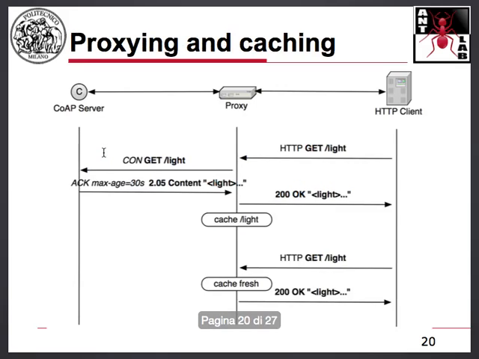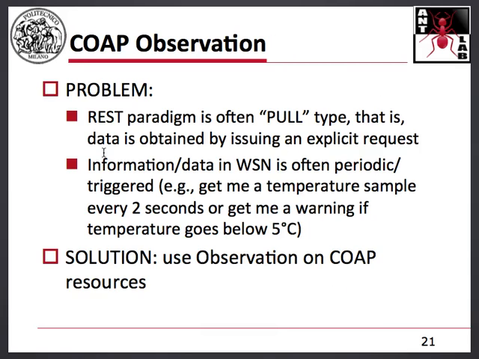Okay, so let's now have a look at a couple of options, optional behaviors of CoAP, which are actually very useful in practice. The first one is called CoAP observation. Again, this is optional, so it's not the usual way of using CoAP, but still it's very useful. This option was introduced because CoAP has some shortcomings, the first and main one being that